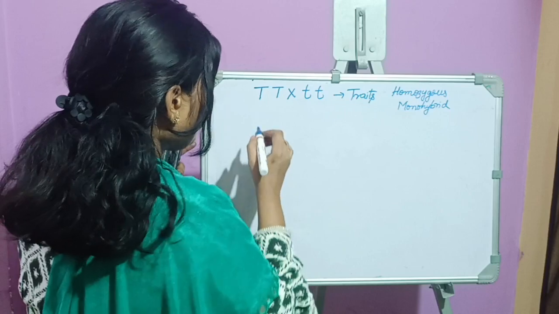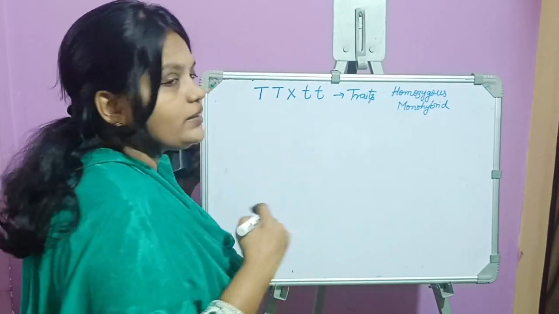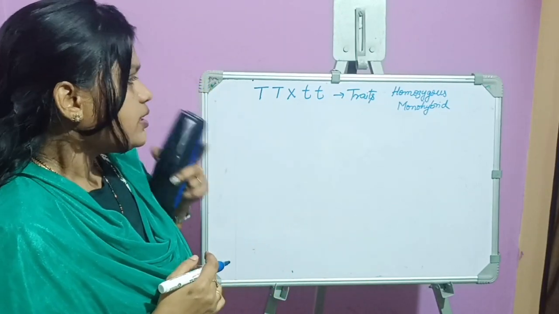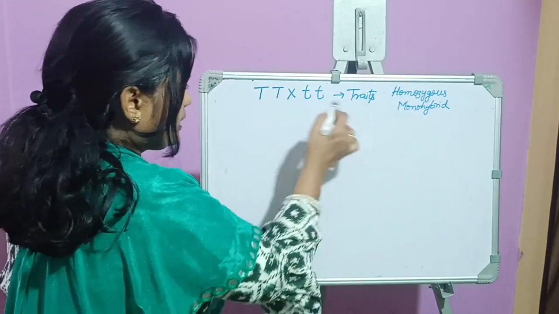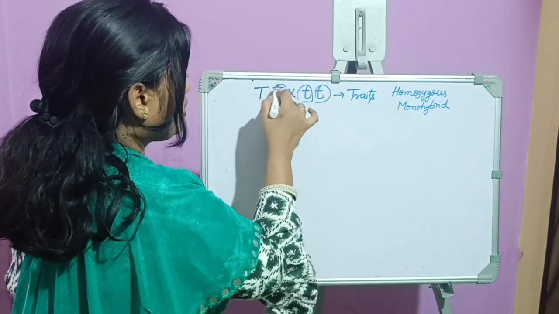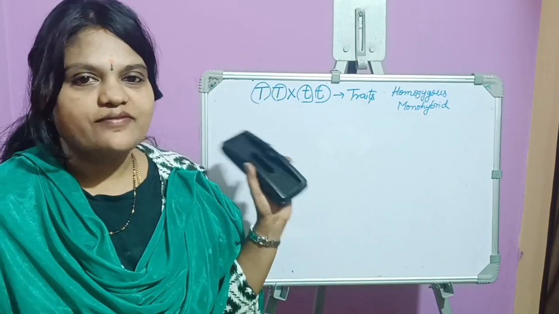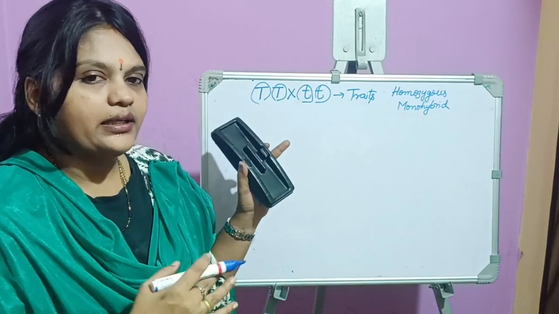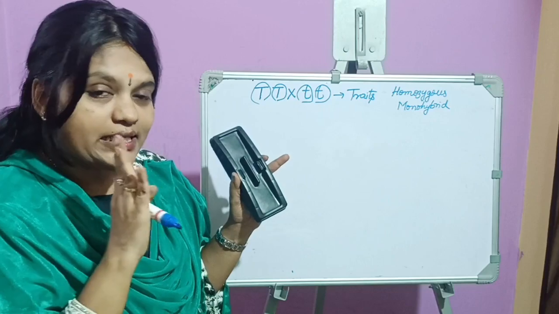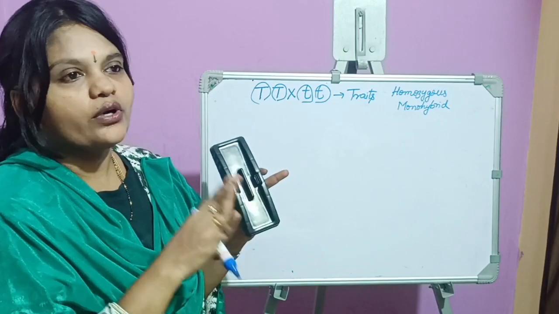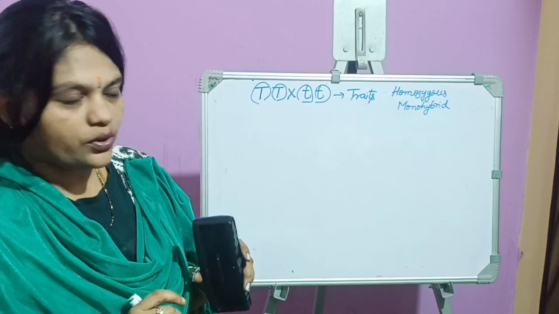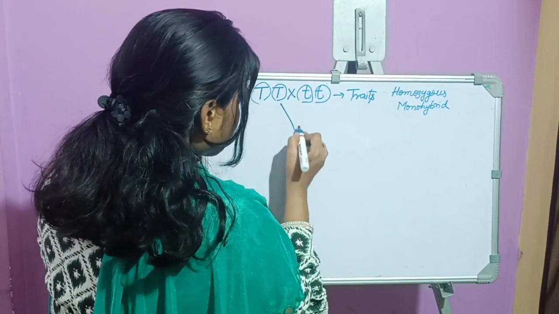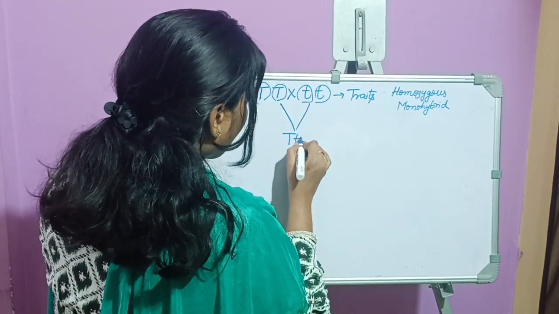During gamete formation, what the law of segregation states is that the alleles, the individual traits, will segregate or separate from each other such that each gamete has only one allele for each gene. Thus in the F1 generation we got all